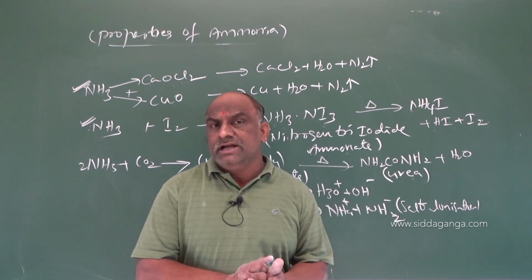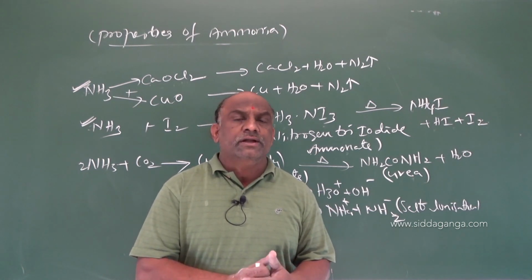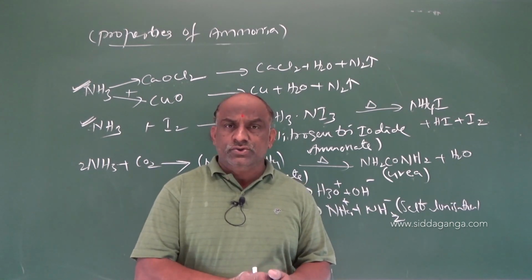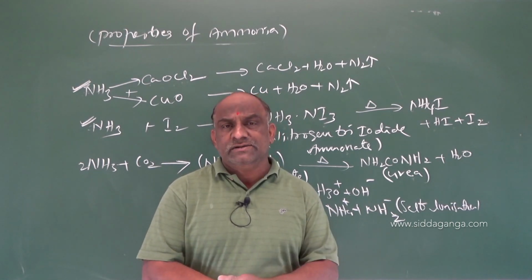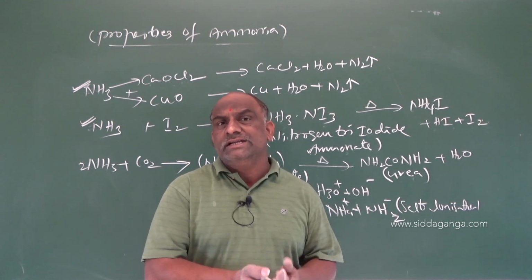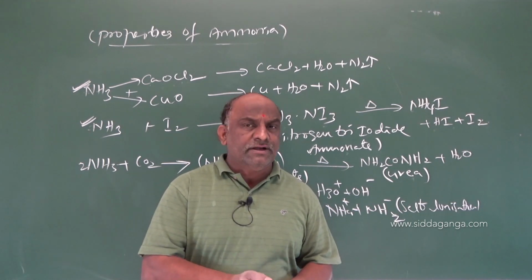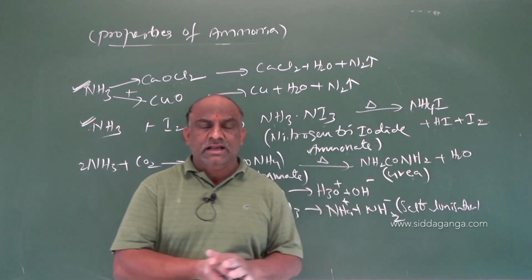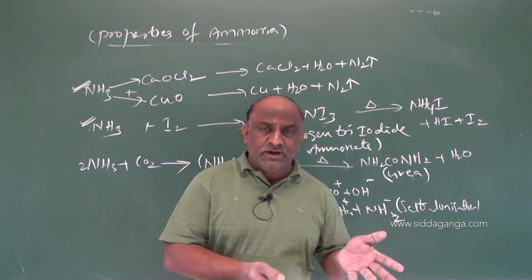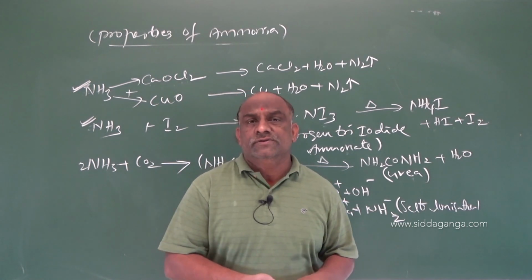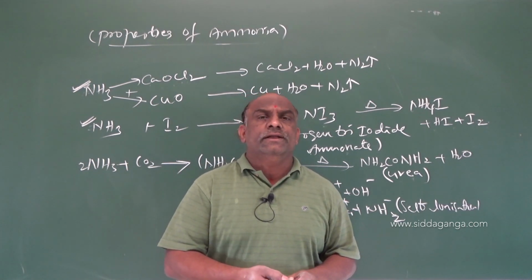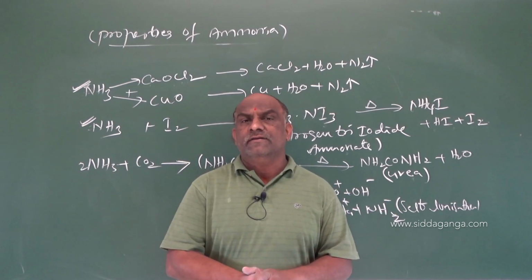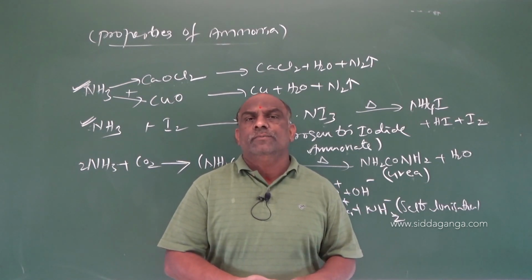So concentrate on these reactions from a competitive point of view. Ammonia is used in the preparation of nitric acid, mainly in the manufacturing of fertilizers, and liquid ammonia is used as a refrigerant. For the detection of ammonia in the laboratory, different tests are there, which we already discussed in the form of colors. So this was about ammonia. In ammonia, nitrogen undergoes sp3 hybridization, the bond angle is 107 degrees, with 3 bond pairs and 1 lone pair.